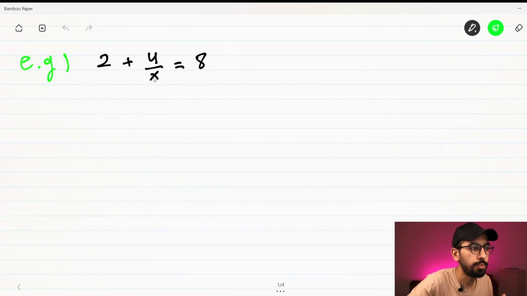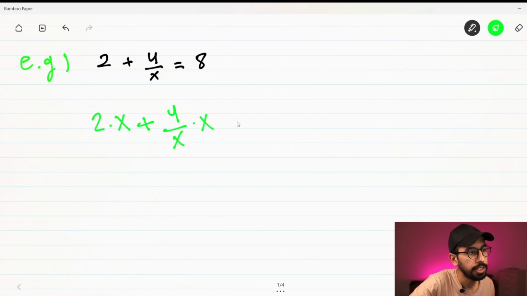In order to move it, we need to multiply, and it will cancel from the denominator, so we can solve a normal equation. Then it will be 2 multiplied by x plus 4 over x multiplied by x equals